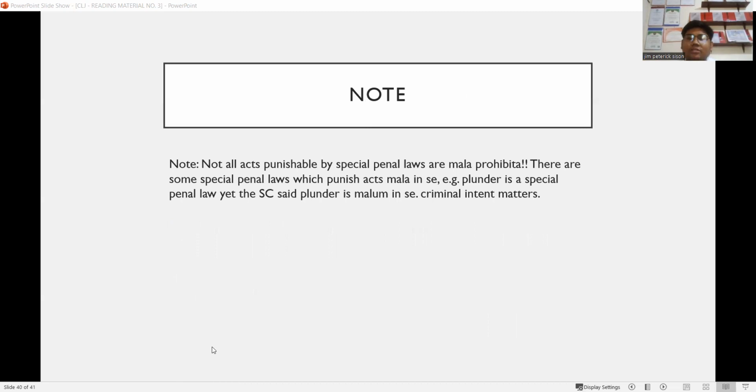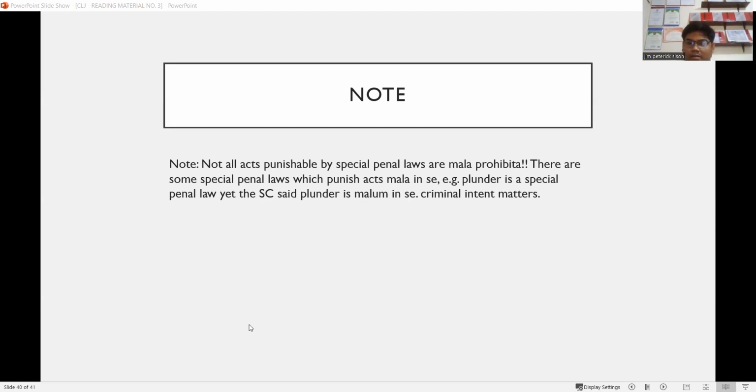But you should take note that not all acts punishable by special penal laws are acts mala prohibita. There are some special penal laws which punish acts mala in se, such as plunder. Okay? Plunder is a special penal law. Yet the Supreme Court said that plunder is malum in se. They are evil in their nature. Corruption, right? Plunder. If ever a government official steals at least 50 million pesos, it's plunder. Okay? So,